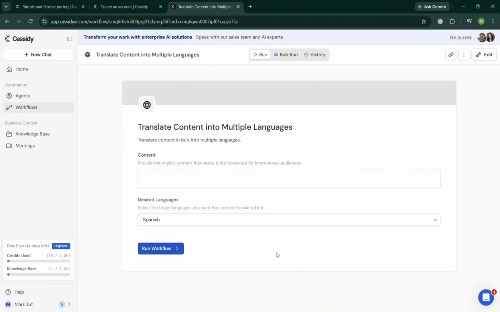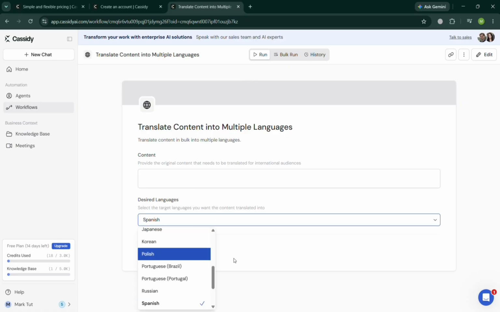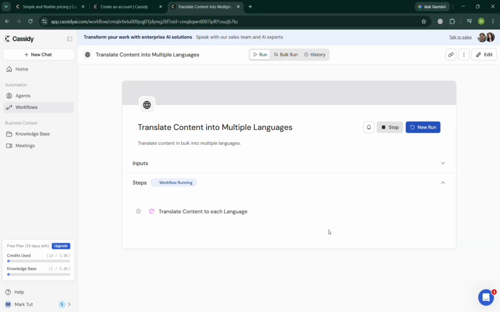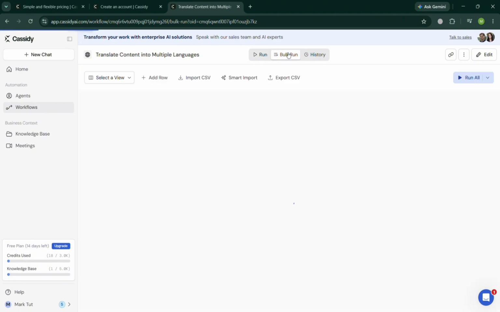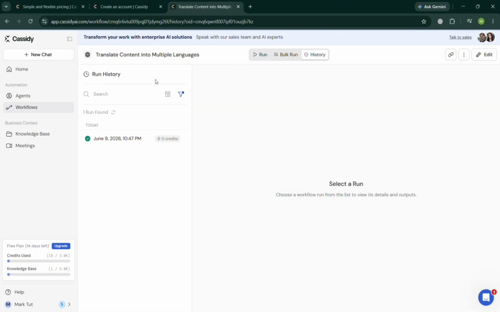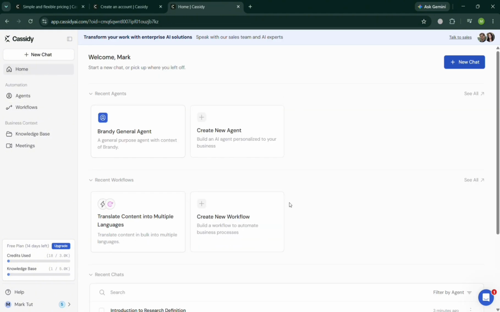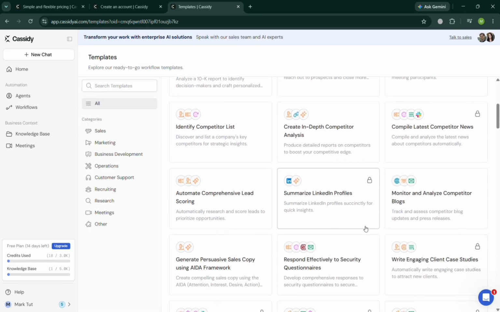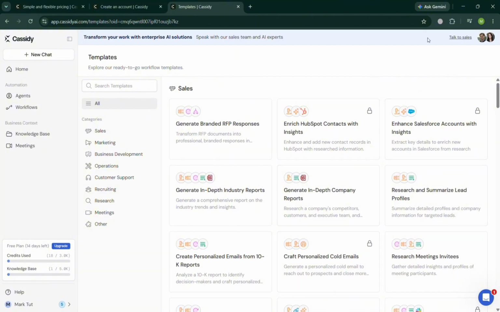After choosing the content in here, you can click Run Workflow to start using this AI template, in which this kind of feature provides pre-built AI agent workflow and automation setups that users can quickly deploy and customize for their specific business needs. Instead of creating a workflow from scratch, users can choose from a library of templates designed for common use cases such as content creation, customer support, sales outreach, lead qualification, and many more. So overall, using Cassidy AI is important because it helps organizations automate repetitive tasks, streamline workflow, and improve overall productivity through artificial